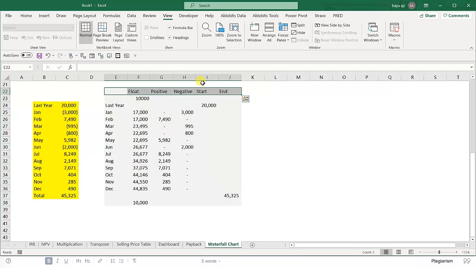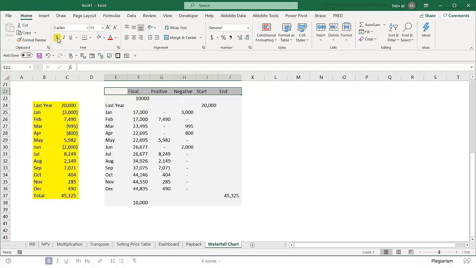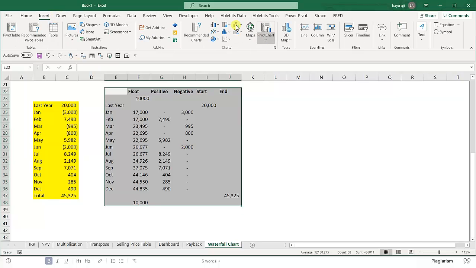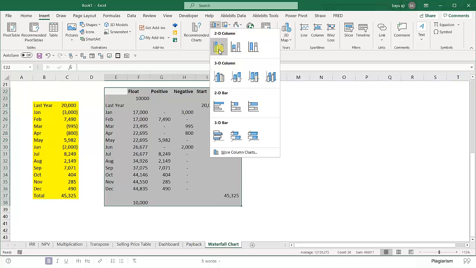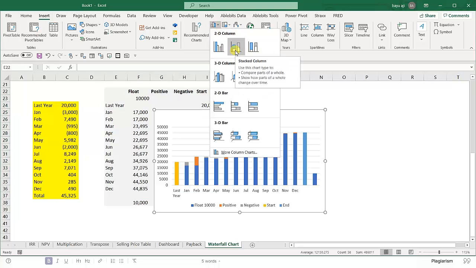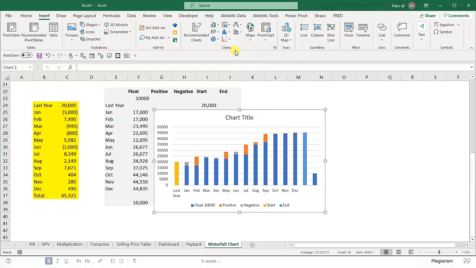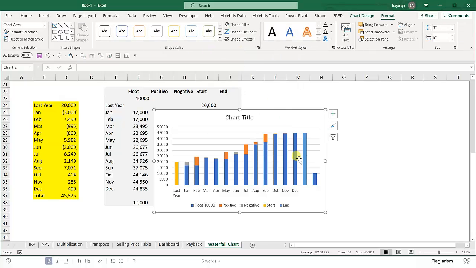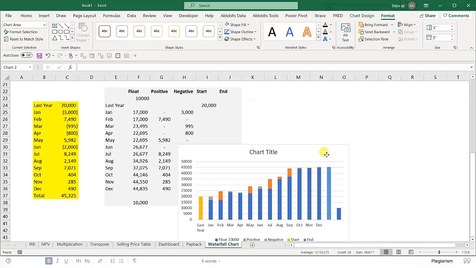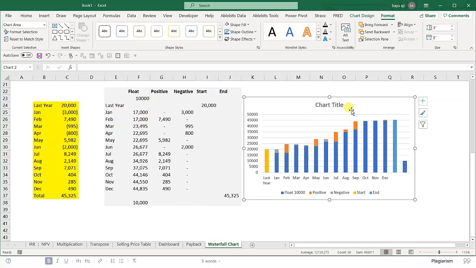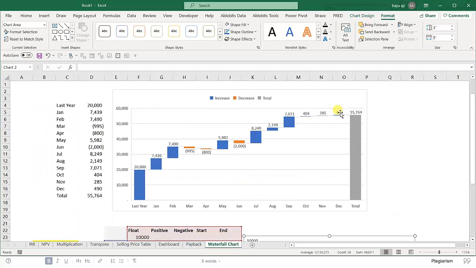Let me just change the heading here, and then go to insert, then go here, and then you select the stacked column. Okay, this is the one, and you see this, the forms is almost the same with this one,